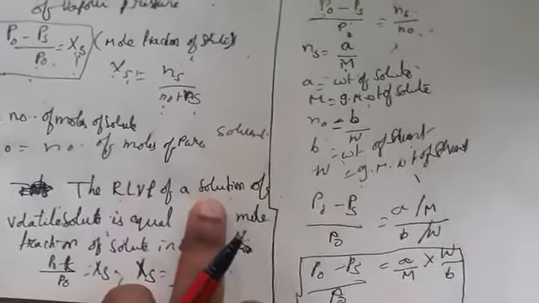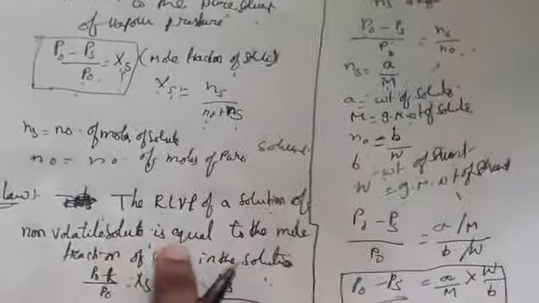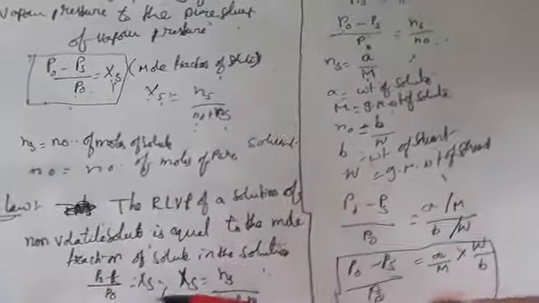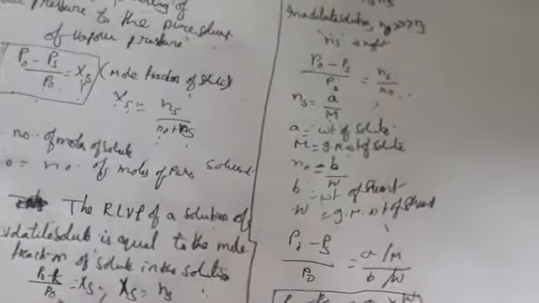What is Raoult's law? Raoult's law is related to the lowering of vapor pressure of a solution of a non-volatile solute, which is equal to the mole fraction of solute in the solution. Already we have written that one, Xs. Xs means the number of moles of solute by the total components, the number of moles of pure solvent plus solute. This is placed here in Xs. So in a dilute solution, Ns is very much less than N naught. We are neglecting it, so that's why we got Ns by N naught.